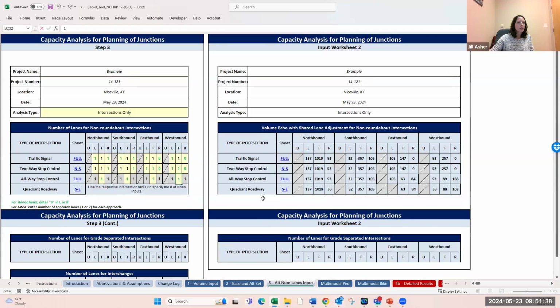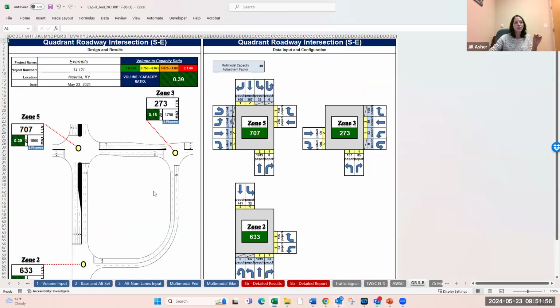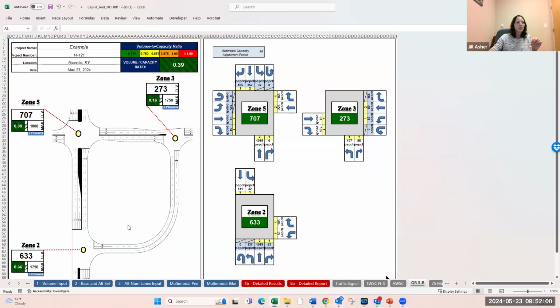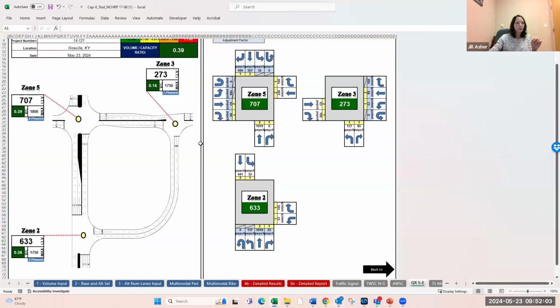And if you go down, that's really the only entries that you need to make for that. Now, sometimes if you pick a certain type of intersection, it will tell you to go to that tab. So like the quadrant roadway, and I don't think we picked, yeah, we did pick that one, I'm sorry. So it has different individual entries for that. And the reason being, the quadrant has 3 nodes. So you have to put in the number of lanes for each one of those. And they're over here. So you can put in 1,